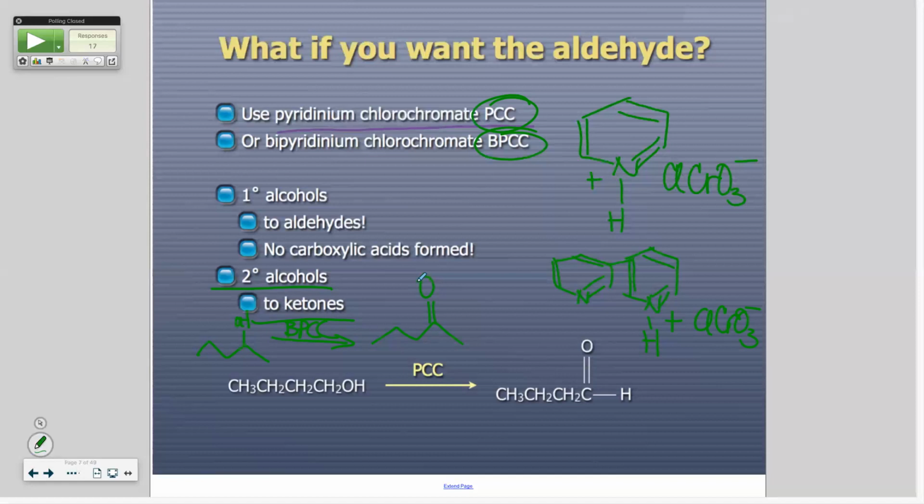Okay, this one, the PCC came out first, and then they came out with the BPCC one, the bipyridinium one. And what happens is you get byproducts that are solid. So what you can do is you can filter them off. And this one works better than that one as far as getting all of those byproducts out of it. So you get the chromium out right away. You do the reaction, and then you have the solid in there, and then you suction filter it, and you get rid of all of your BPCC. You use a filter aid.